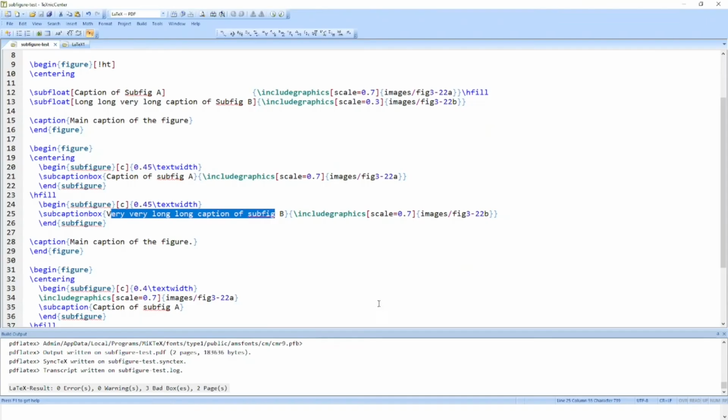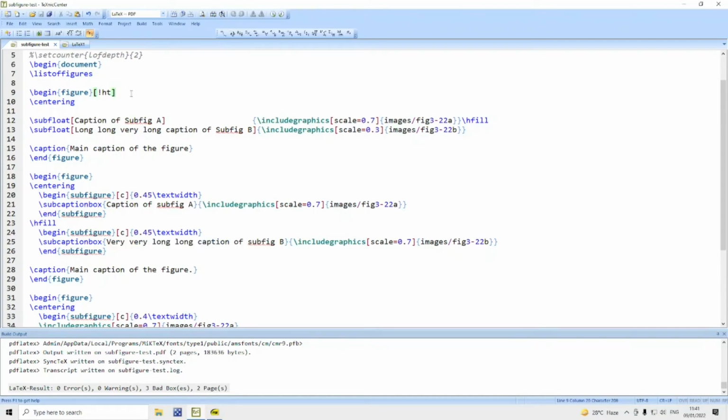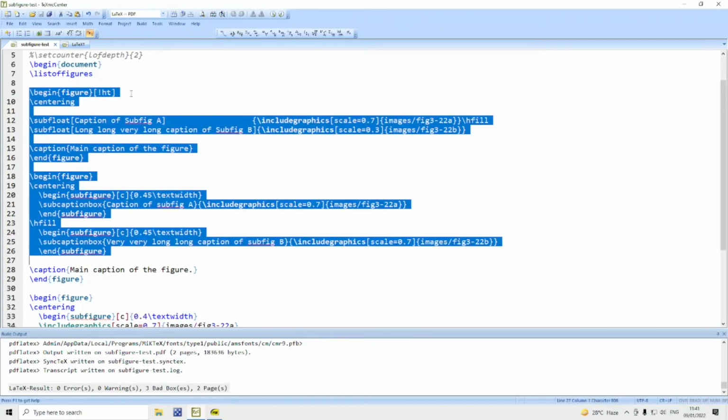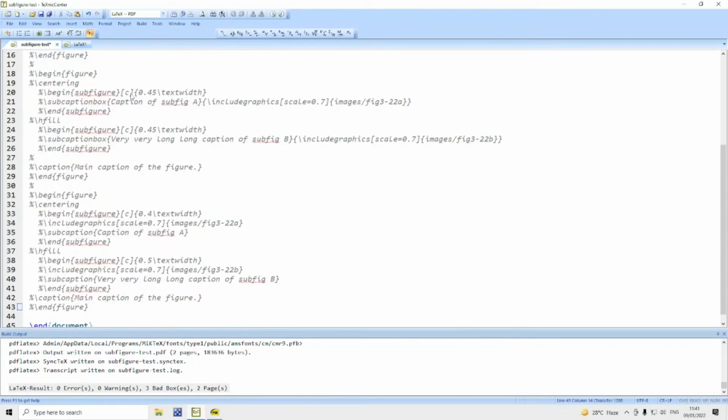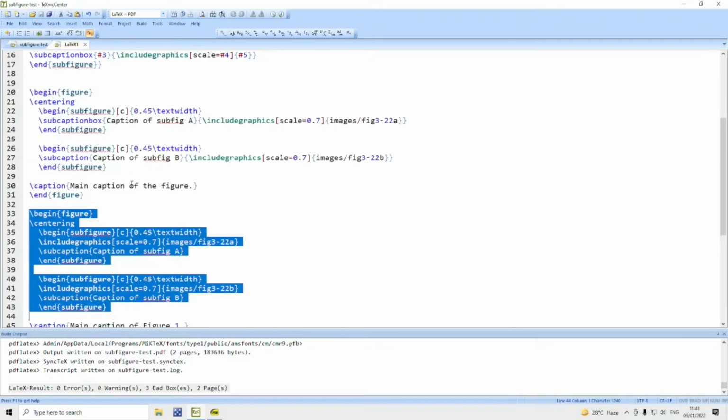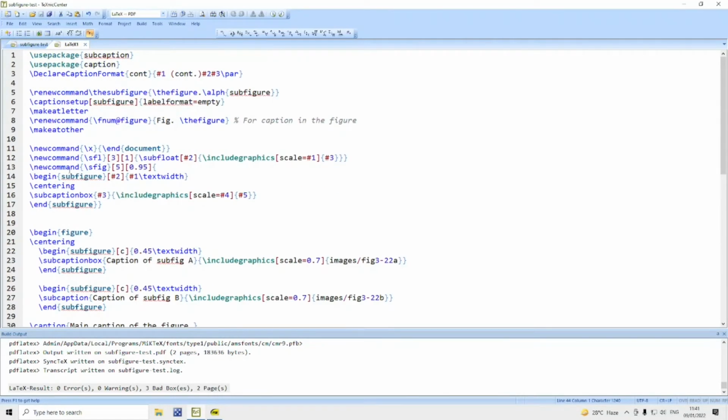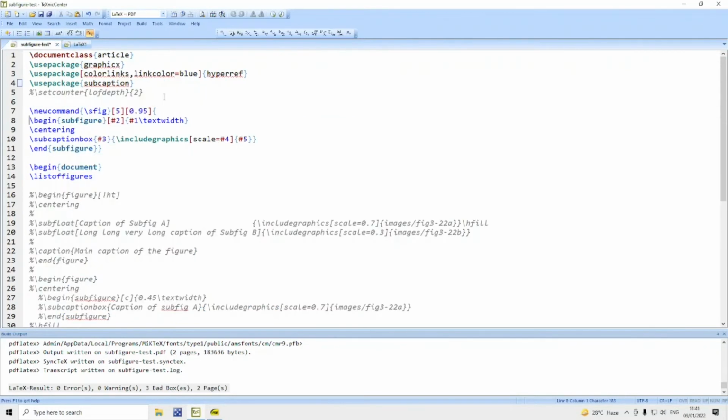Now, since we know the difference between these, I will comment out all these things, and for convenience I am going to use a new command sfig having 5 parameters. The default value for the first parameter, if we do not give it, will be 0.95.